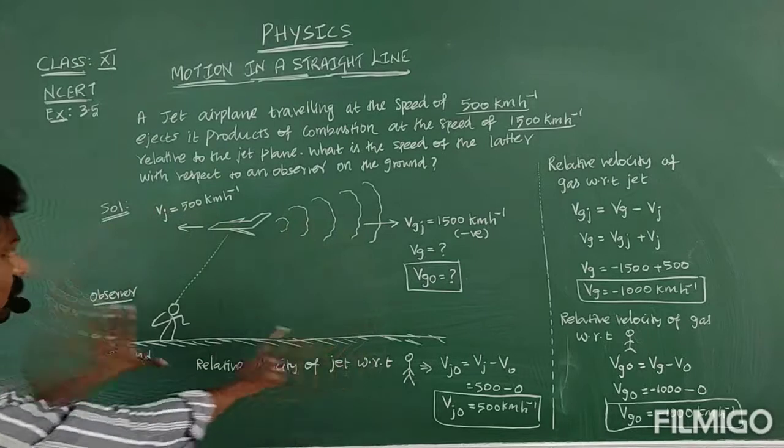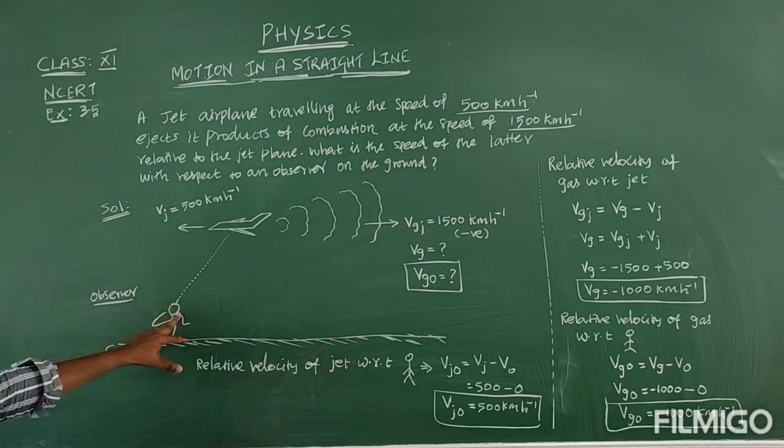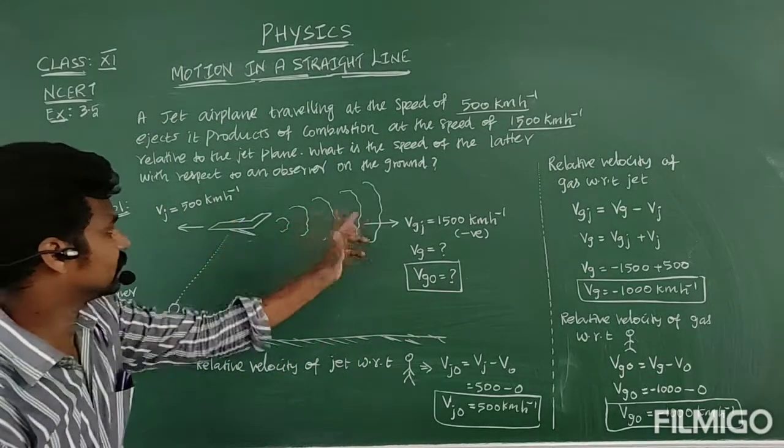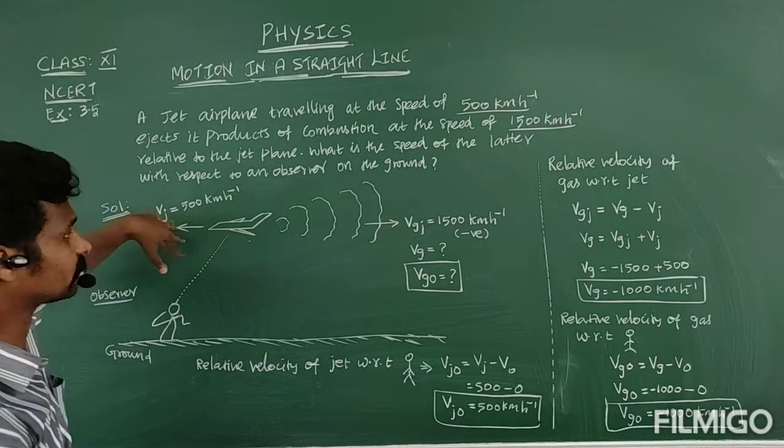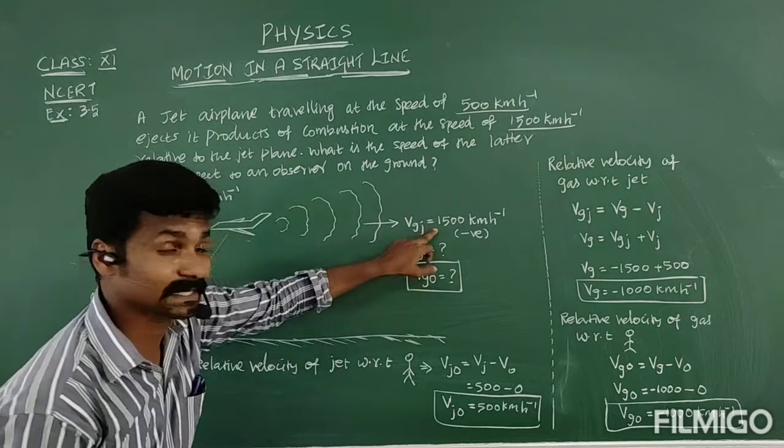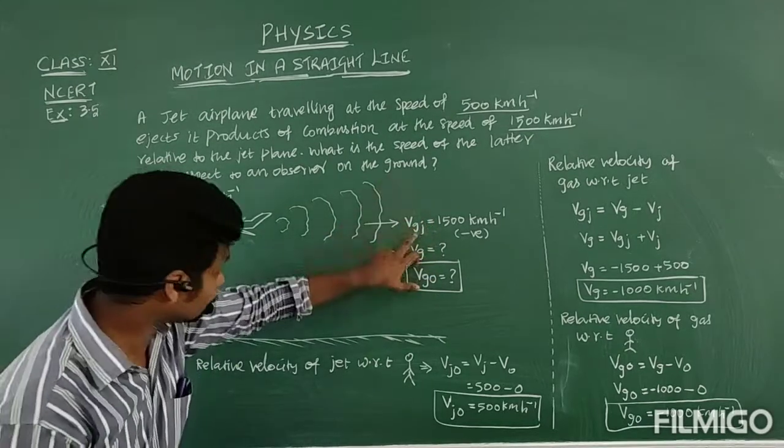Okay, I hope you understand the diagram. Observer, jet, gas. So the jet speed is 500 km per hour, then not the gas speed, the velocity of the gas with respect